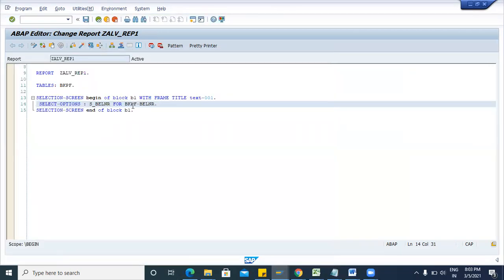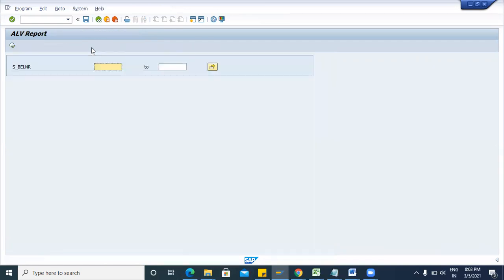So we will always declare like this: table name dash field name. Then this is the execute button. You can also press F8. So here you can see the S_BELNR.